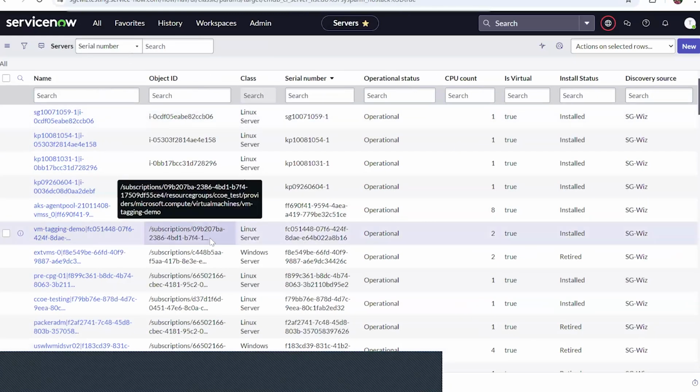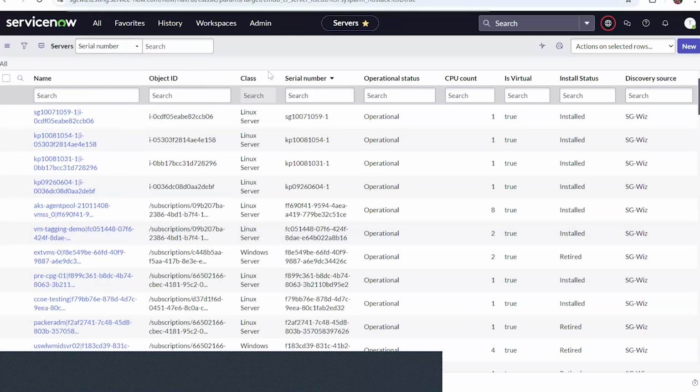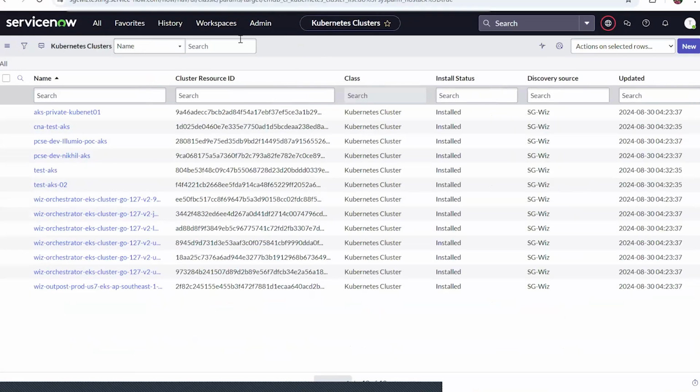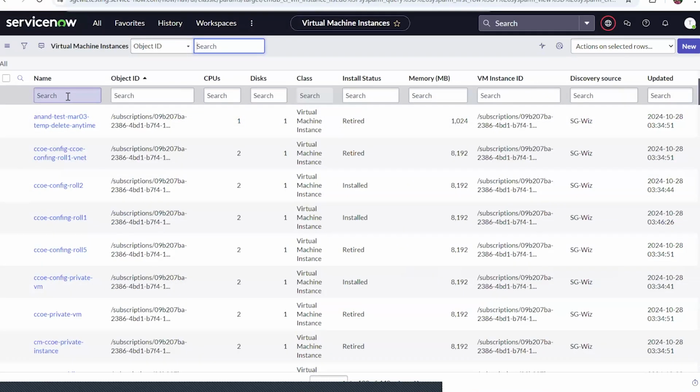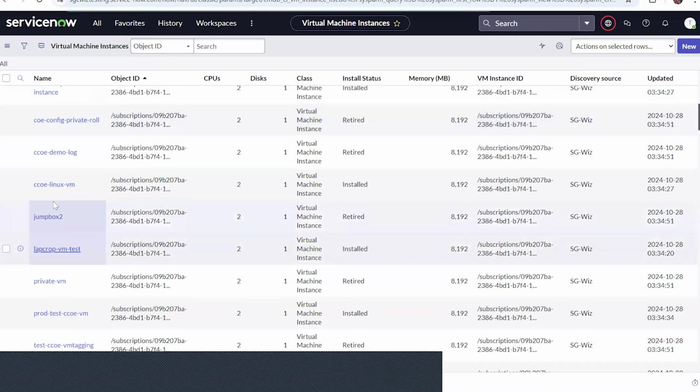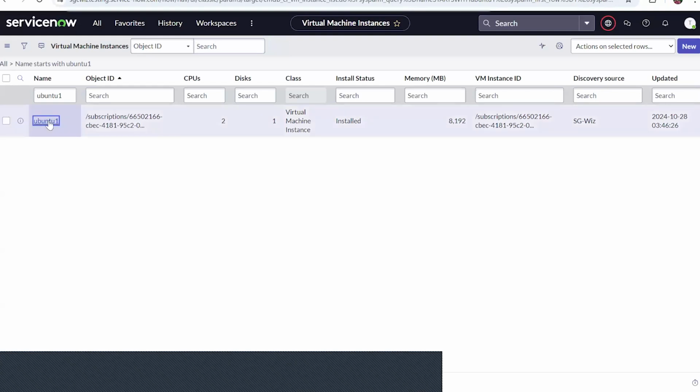Then, for example, we have servers with the object ID, the classes, the operation status, the CPU count, and the Kubernetes clusters, with their different identifiers. All of these sources, of course, are coherent with the lab itself we have in Wiz. For example, if we look on Ubuntu on the virtual machines, just a sec. Okay, there it is. For example, if we open the CI, we will see